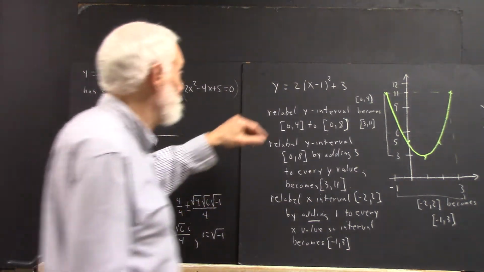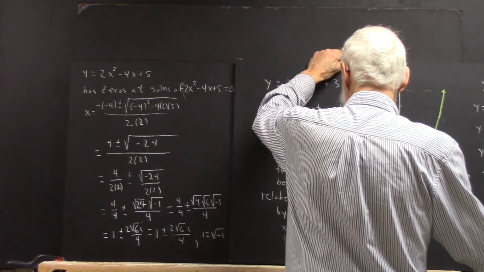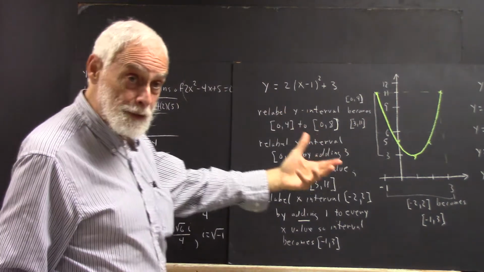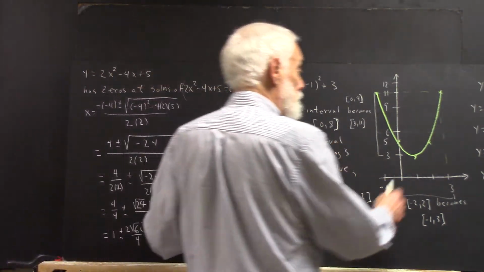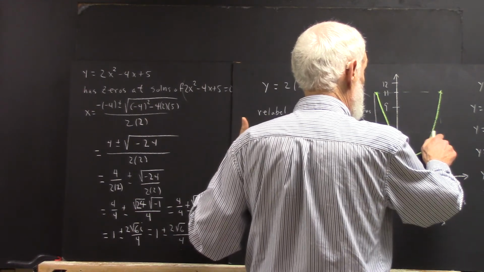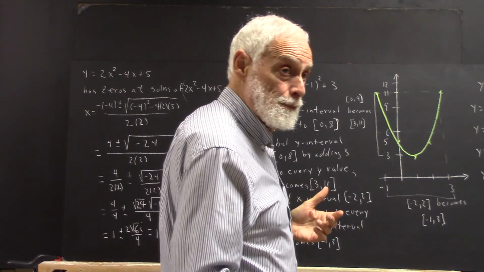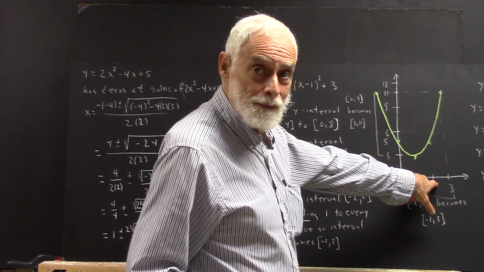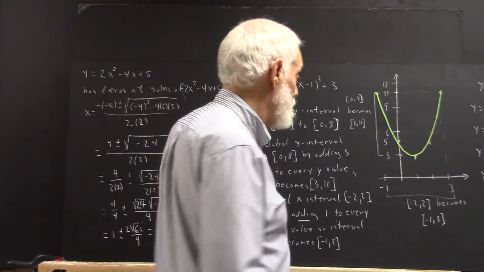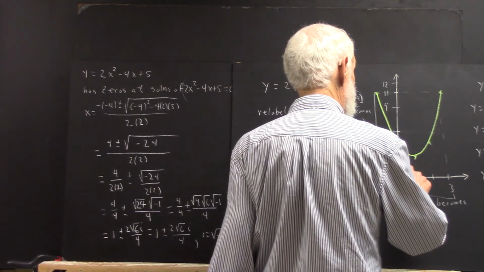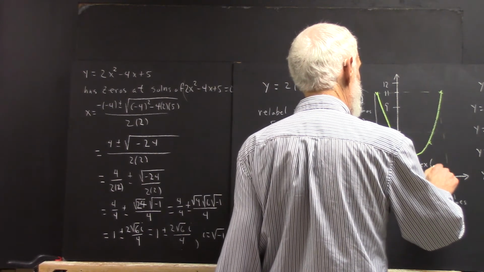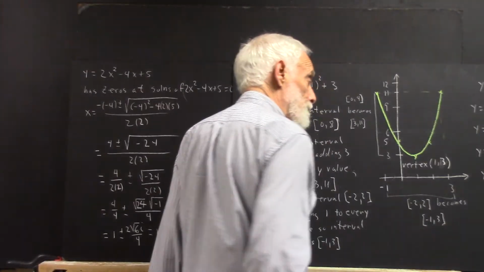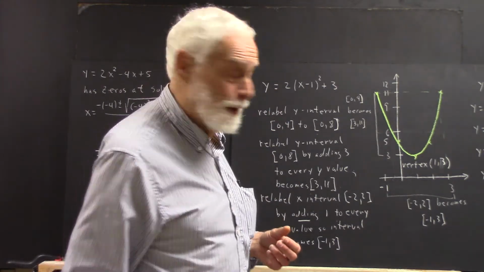Now, what I'm illustrating over here is, okay, you got this graph. Solutions of 2x squared minus 4x minus 5 equals 6 can be found approximately by the graph by finding the points on the graph where y equals 6, right? And those points are here and here. Now, halfway between these two solutions is 1, which is where the vertex is. Vertex is at 1, 3. And you have this